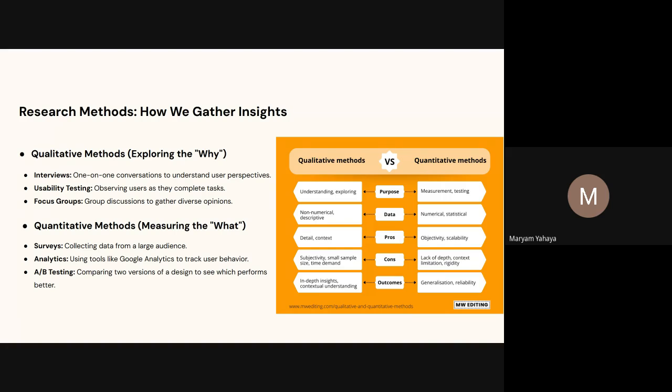Then A/B testing is basically comparing two or more versions of a design, not necessarily just two, to see which one performs better. You have different groups, group A and group B. You give one group this version of the design, and you give the other group another version, and tell them to test it out. Then you're able to see how easy it was for one group to complete certain tasks compared to another group, and it gives better insights rather than just having one particular design. You have two that you can test with, and you're able to get better information to see which one